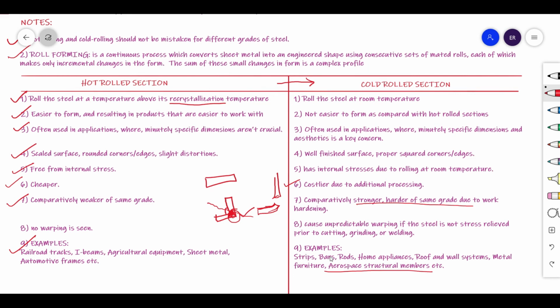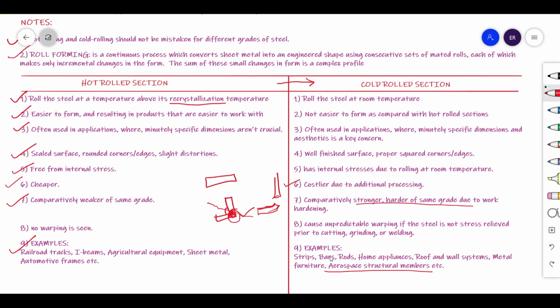So this is the difference between hot rolled and cold roll sections. But when you are performing any task or any project, we have to understand which type of section we have to select. For suppose, if your structure is very heavy or you require a very large number of members, in such a case you need to opt for a hot rolled section, because the tonnage will be very high, and as cold roll sections are very costly, it is always preferred to go with hot roll sections.